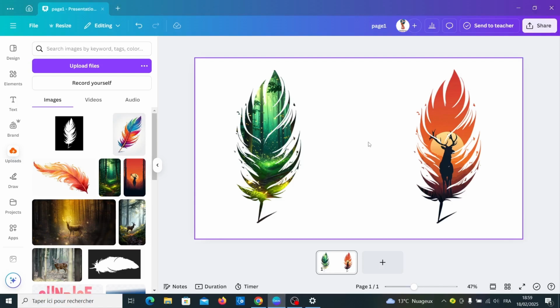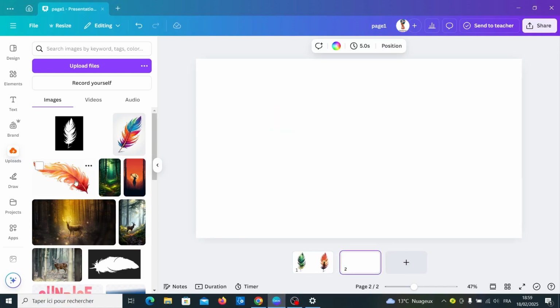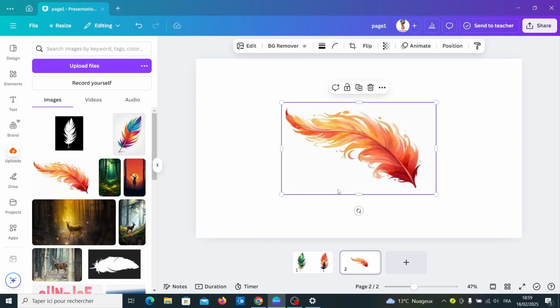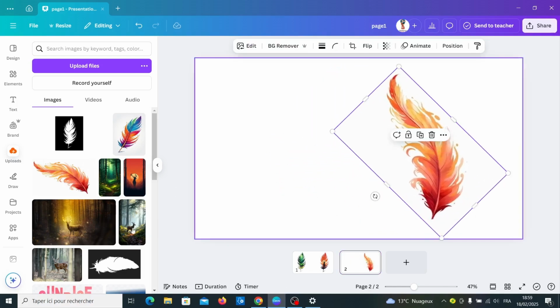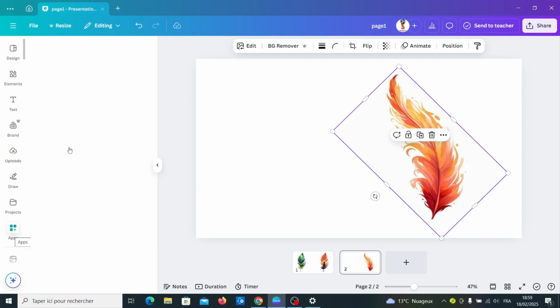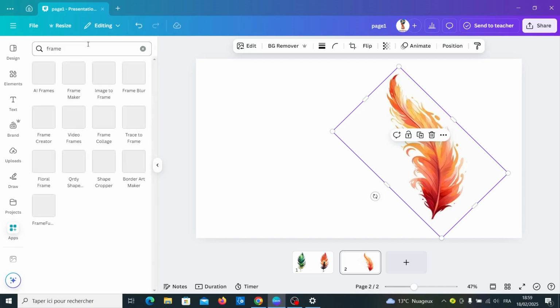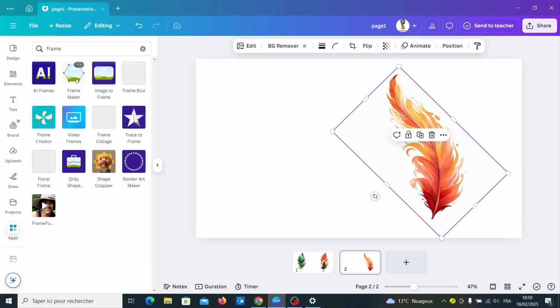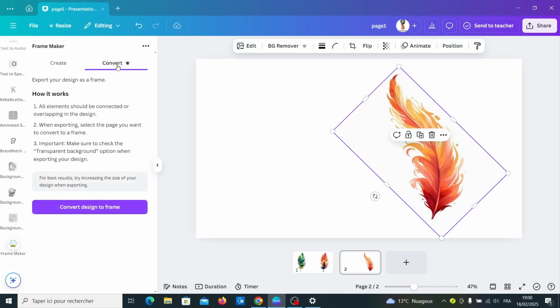For the second method, open new page, insert the object, make rotate and go to apps, look for frame maker like this, choose convert, then convert design to frame,